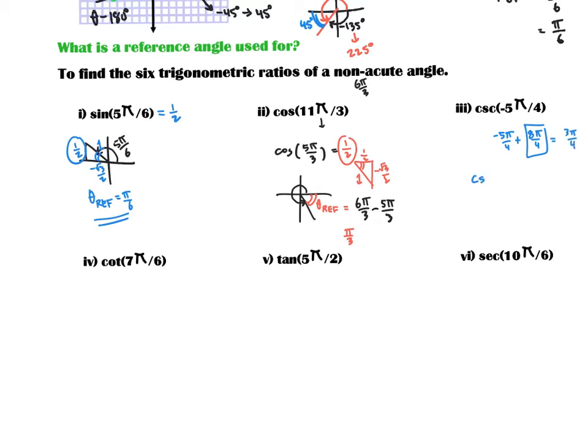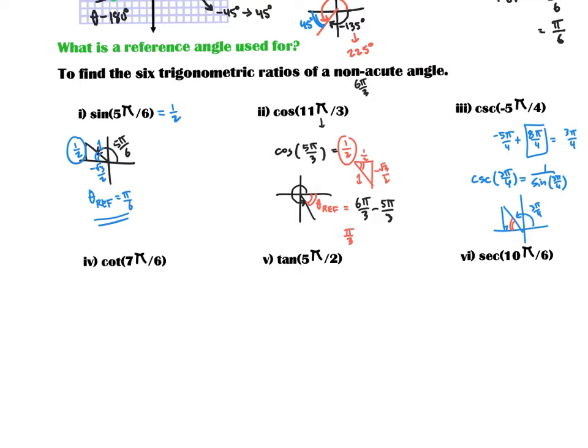So this is asking for the cosecant of 3 pi over 4, which is equivalent to 1 over the sine of 3 pi over 4. So let's sketch 3 pi over 4. It happens in quadrant 2. Here it is. Oops, that's 3 pi over 4. So my reference angle is going to be pi over 4. So this triangle,